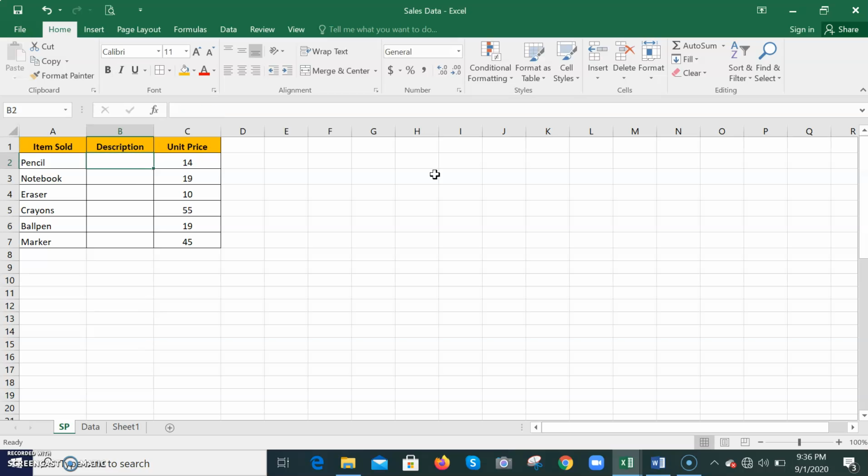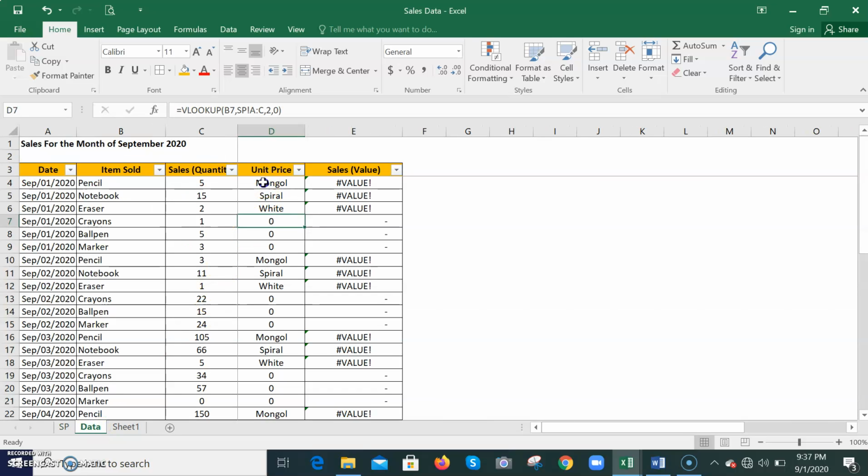Okay, description. So, pencil is Mongol. Okay, notebook is spiral. And then, eraser is white. And so forth and so on. So, meron siyang another field here. So, pang ilang column yung kailangan natin? Pangatlo, di ba? So, papalitan lang natin yung